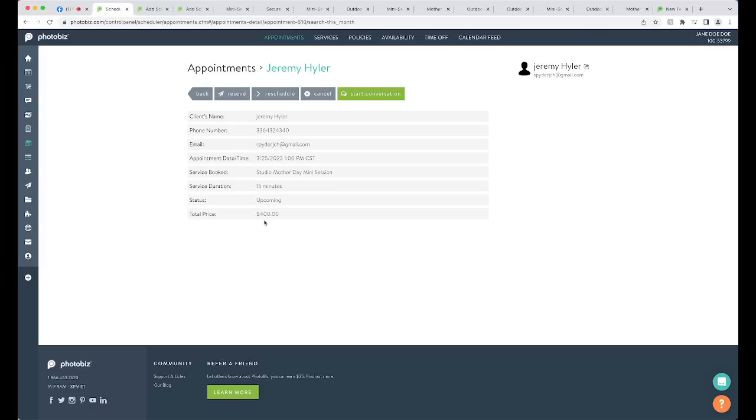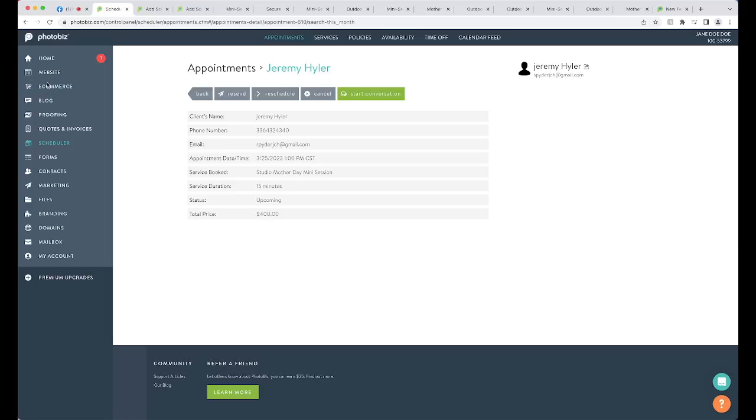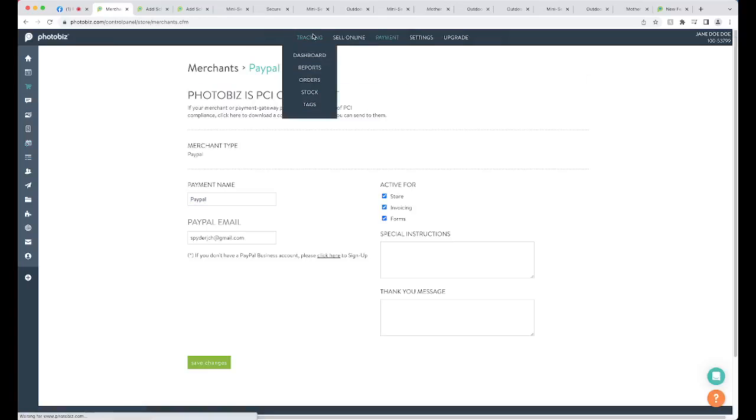Now, if they had a payment in here, you can see the total prices in there. They booked at that time. Boom, we got it. It's already been paid for. And again, it'll show up also if the payment's gone through. We haven't finished the payments, but if they did make a payment, it'll also show up in your tracking section